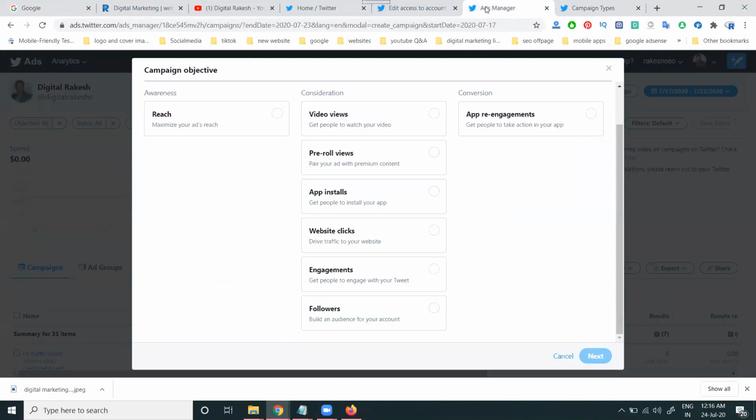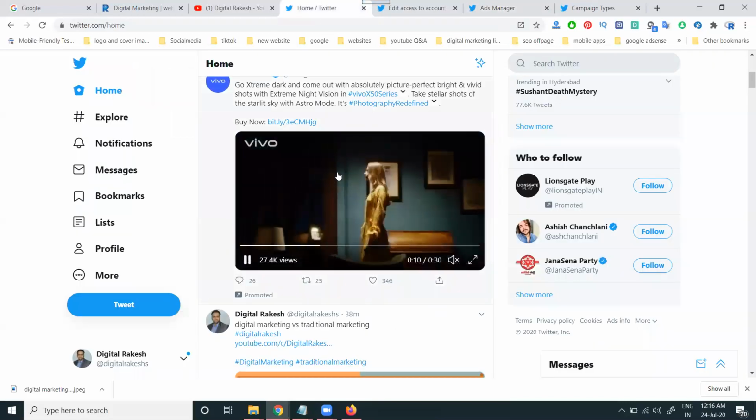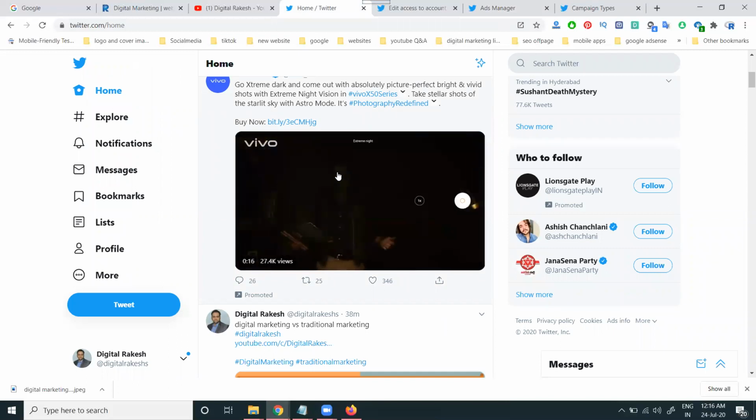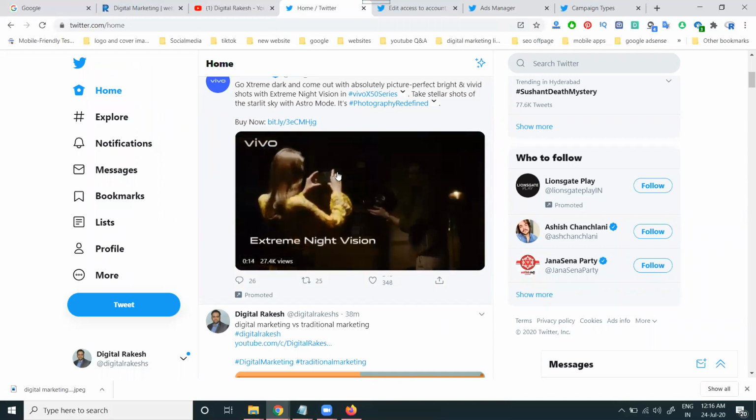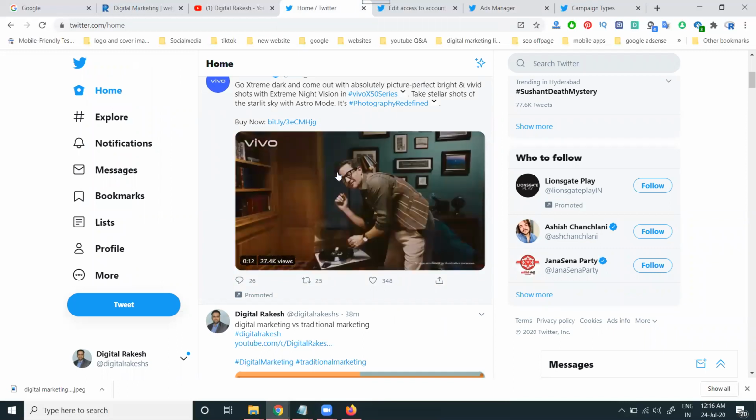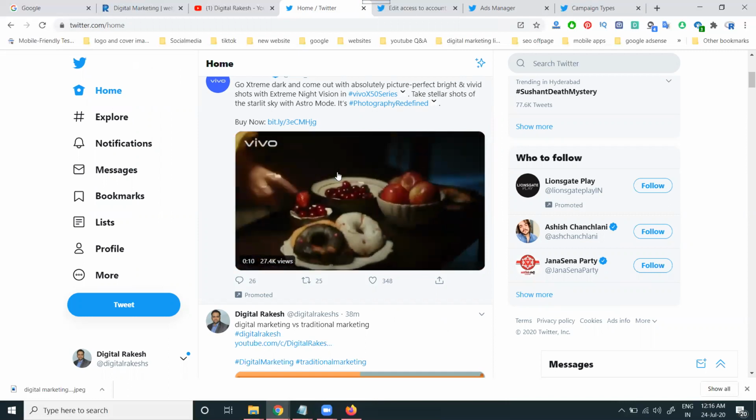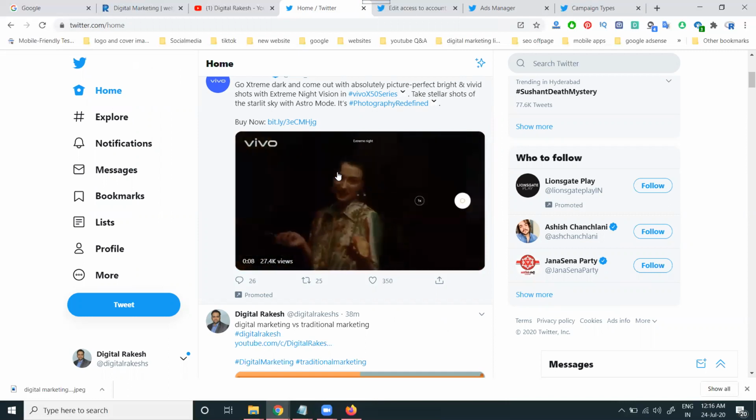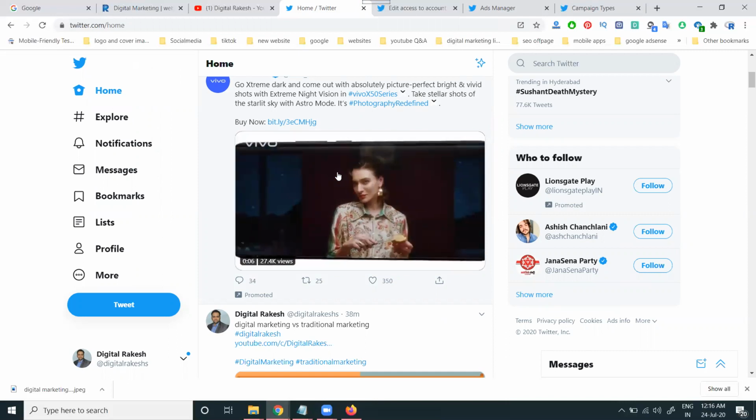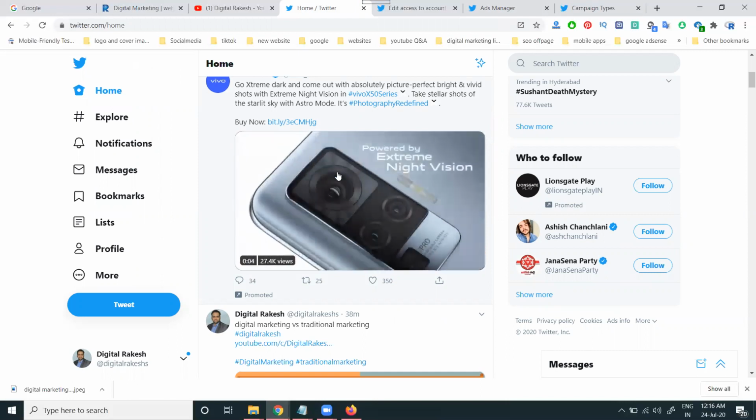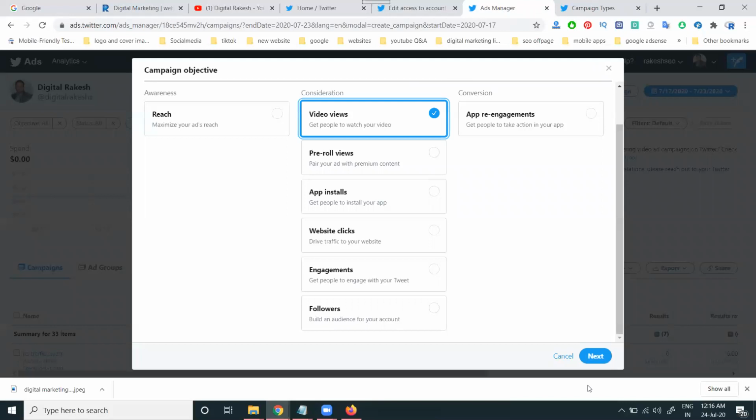In this, I'm selecting one campaign called video view campaign. I'm just showing one campaign, how we create it. Selecting the video view campaign. We promote our video along with our content. The content can only be written up to 255 characters. They allow writing 280 characters, but we're writing up to 256 characters. Next,